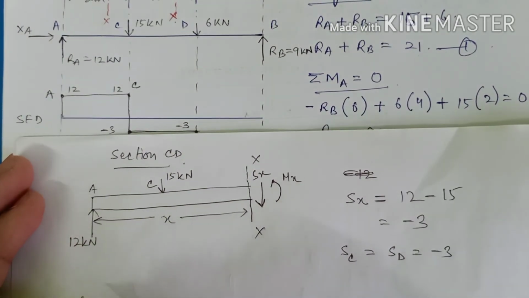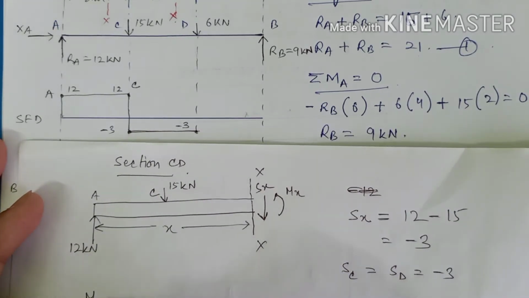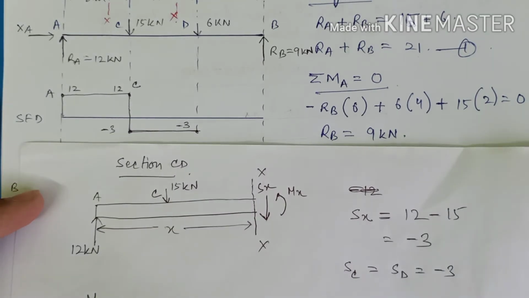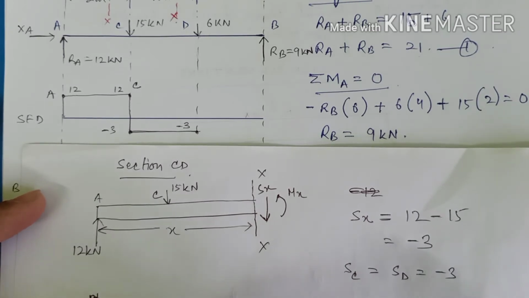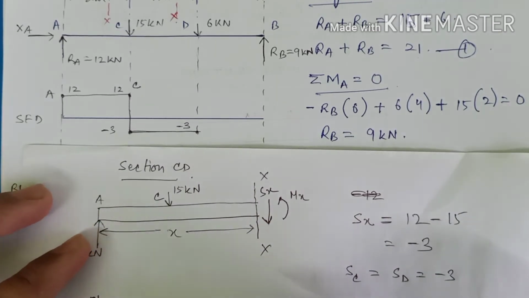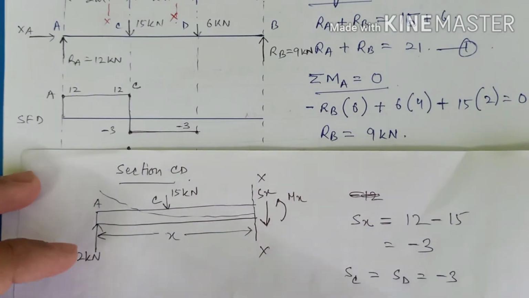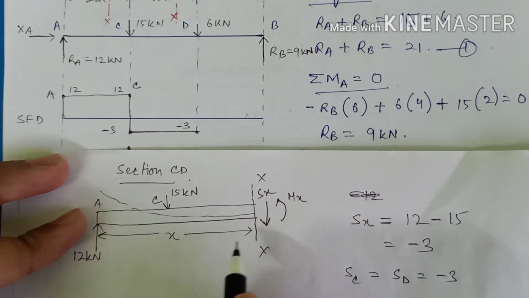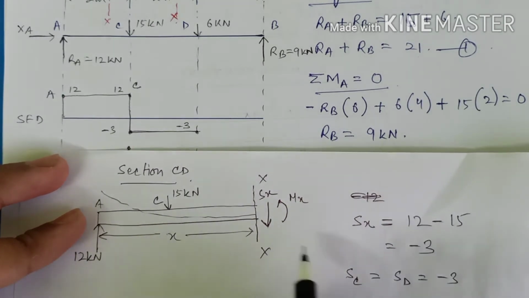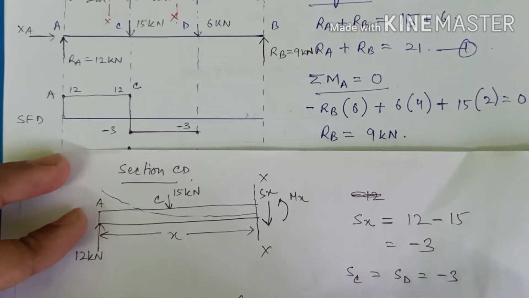So for the section bending moment, I'll be using the hogging-sagging approach, okay. See guys, Mx, first this one. So 12 kilonewton force will try to bend the beam in this fashion, right? That is, it will try to sag the beam. So basically, sagging, sign convention positive, 12 multiplied with the perpendicular distance, so it will be x, 12x.